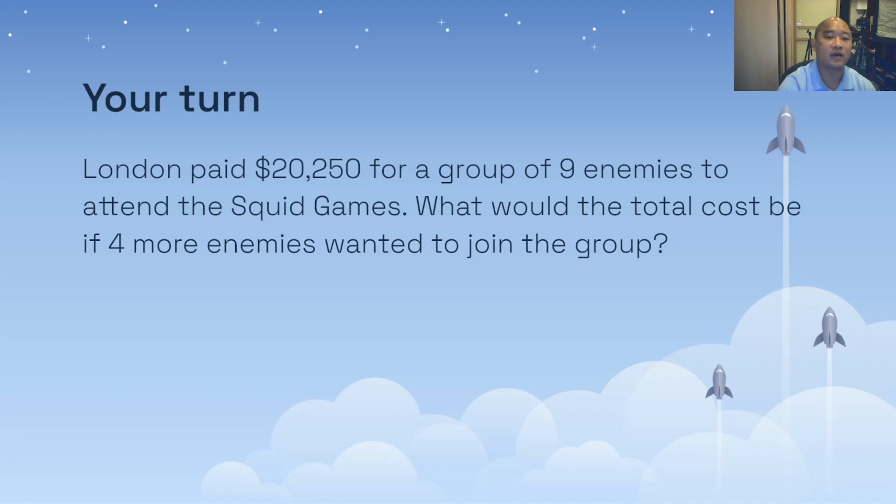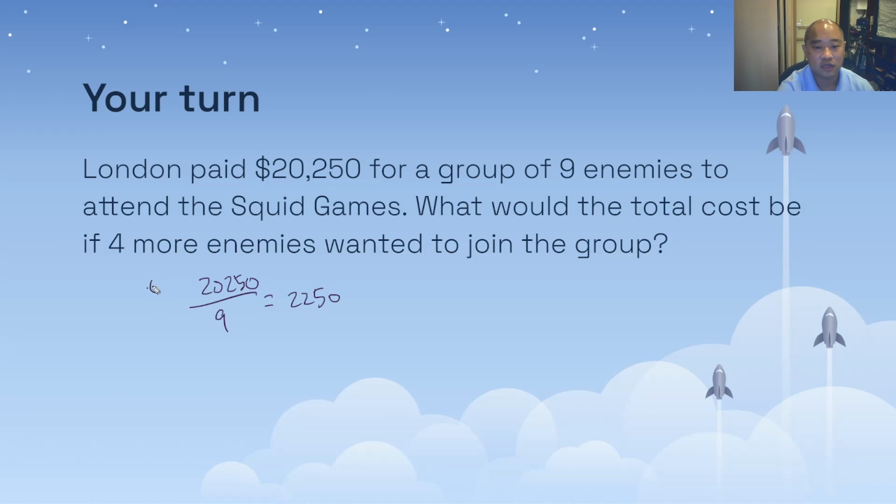London paid $20,250 for a group of 9 enemies to attend the Squid Games. $20,250 for 9 enemies. So how much is that per enemy, for one enemy? 20,250 divided by 9 is a mere